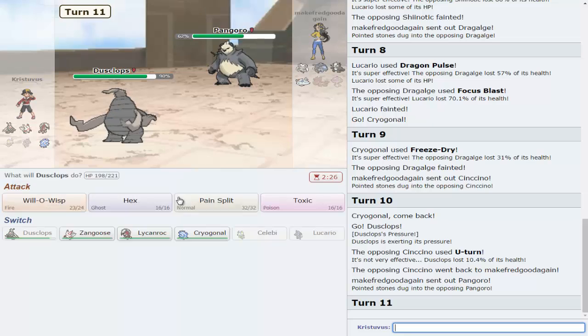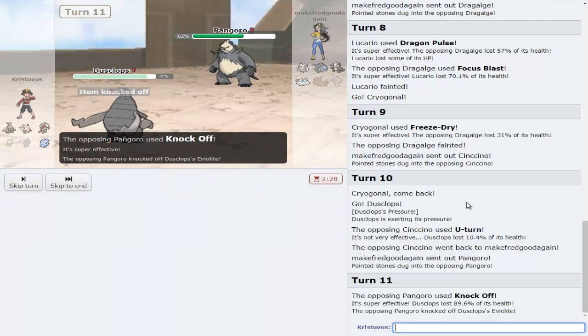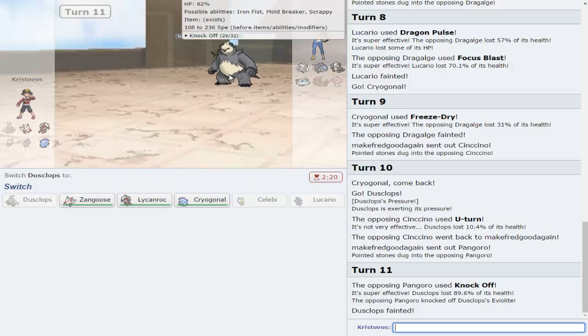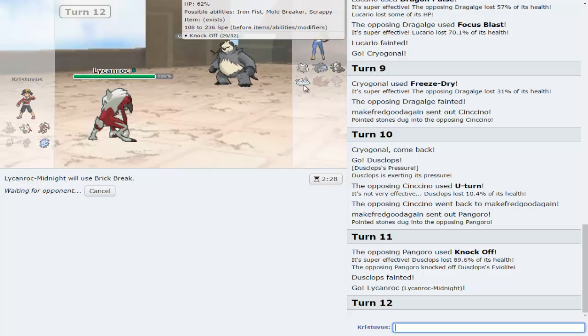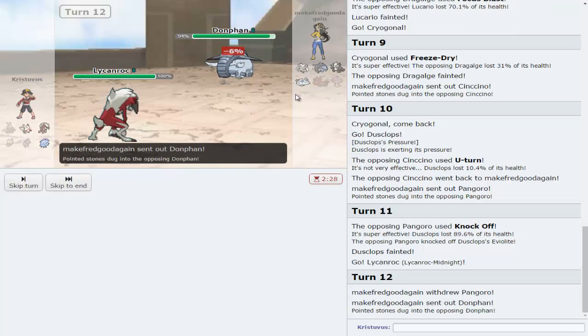Okay, so Pangoro... I'm going to Willow. And I can't take a Knock Off even... Wow. So Pangoro is definitely a problem for my team. I'm going to go into Lycanroc here and go for a Brick Break. So he can go into Togekiss if he wants, but I think I can kill...